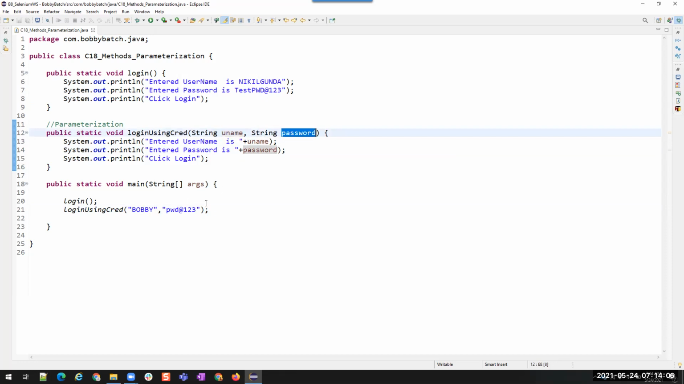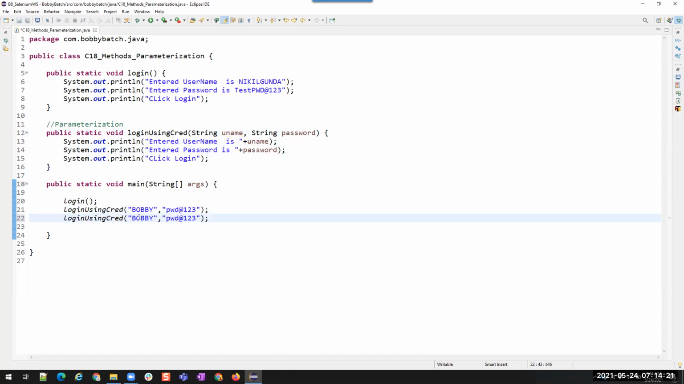If you give it in reverse, it will not understand that this is the password, so I should take it into this variable, and this is the username, so I should take it into this username. It won't be able to understand. Let me show you. I call the same method again, but